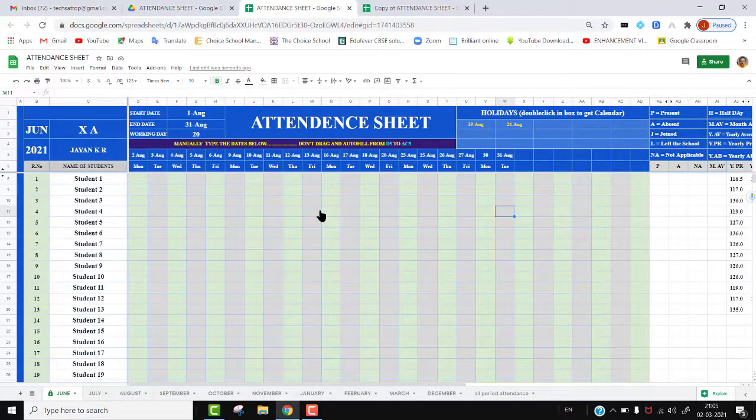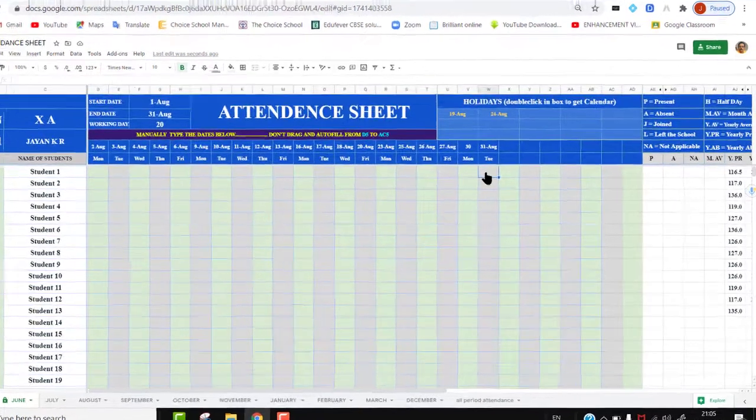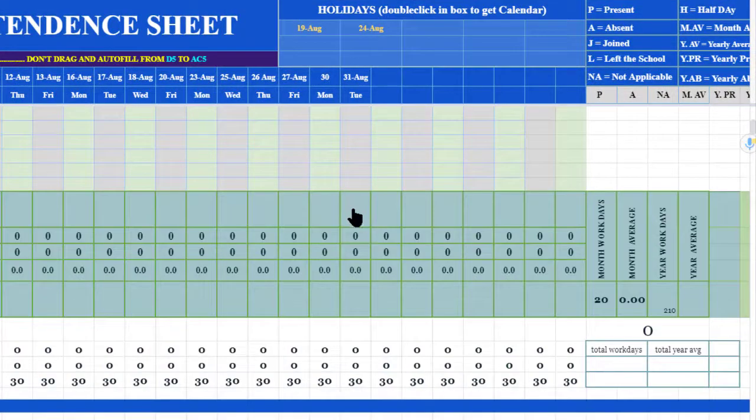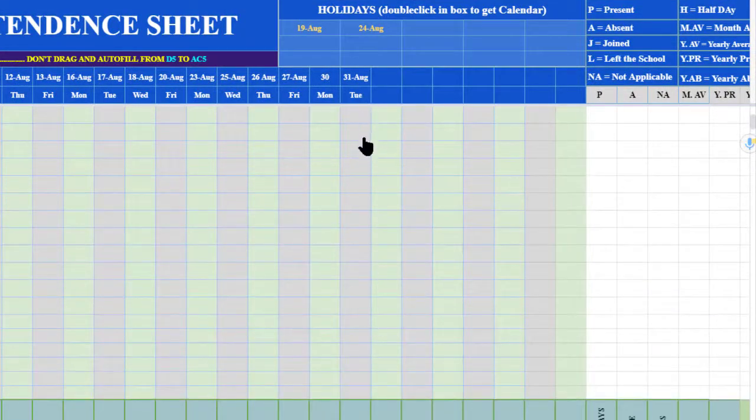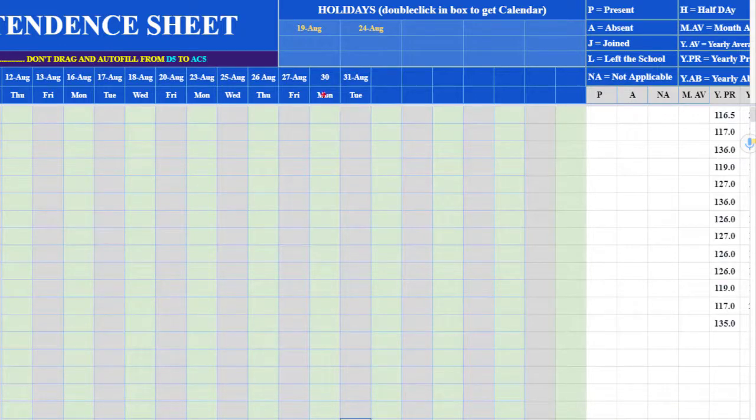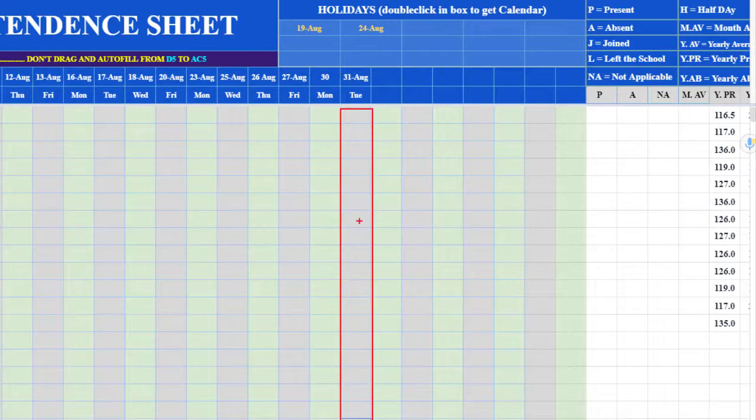Teacher is entering the present and absent for this full month. And when she is reaching here, if she is trying to mark present or absent in any column, because only till here she can enter, from here to here she can enter present and absent, anything she can enter in this column till here.